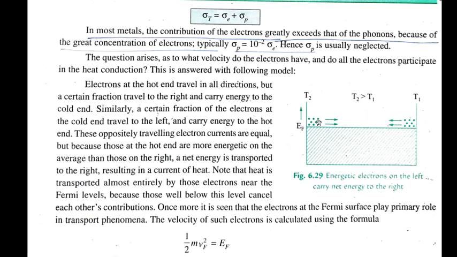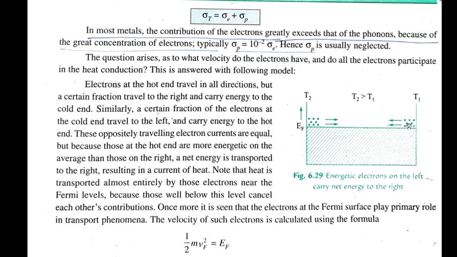So, as the temperature is higher, naturally more electrons take part. First of all, I should say there is a possibility of slightly more concentrated electrons here compared to this. So, at a higher temperature, in this Fermi energy level, there is a little more concentration of electrons compared to this. Okay. Now, they are doing random motion near the Fermi surface, and here also